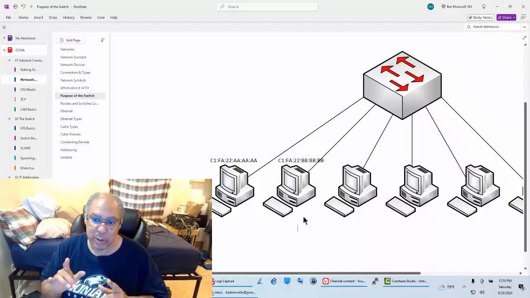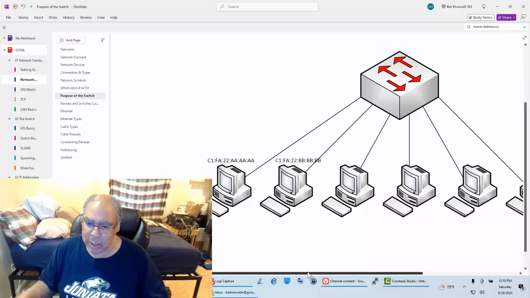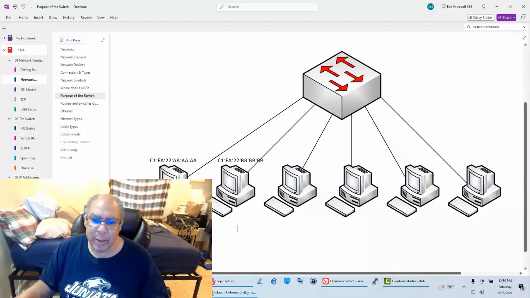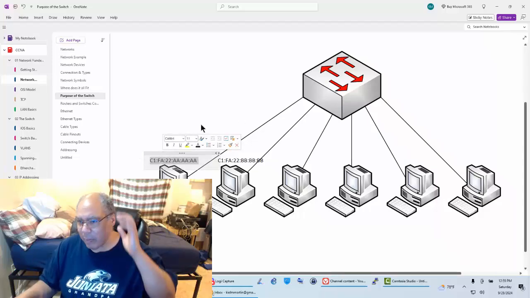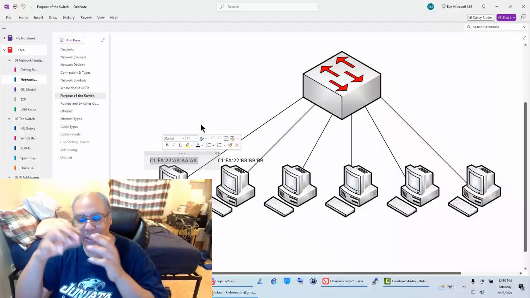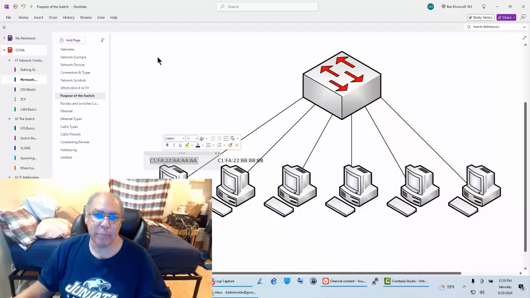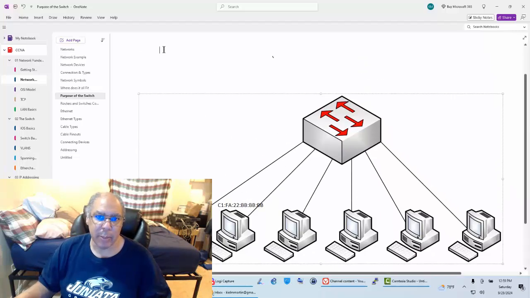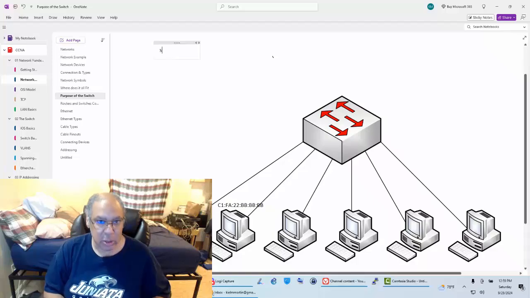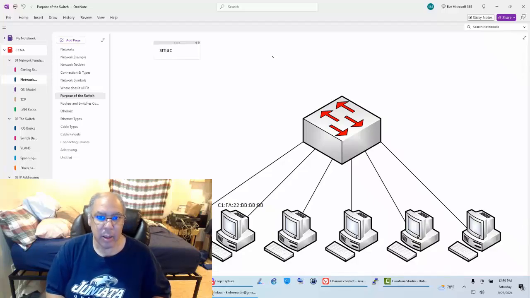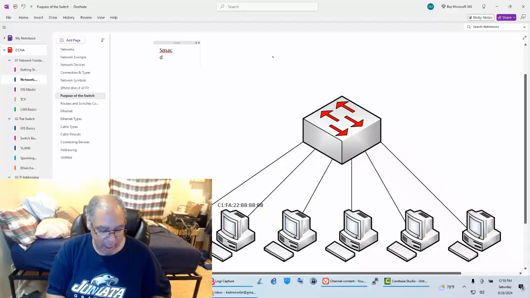But a switch, and I want you to think about that for a second. If this was a hub, this data here is going to be sent in, and never forget this, I'm going to repeat it probably 1,000 times. In order for communication between two devices, you must have 4 things. I'm going to type them up here. A source MAC, a destination MAC,